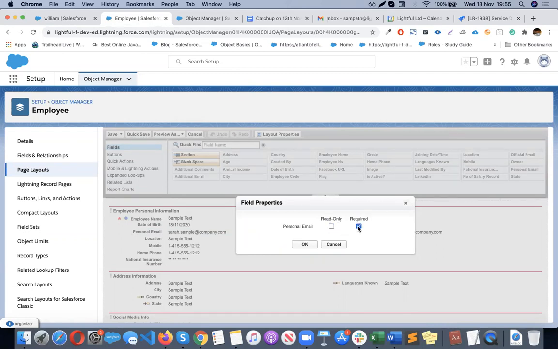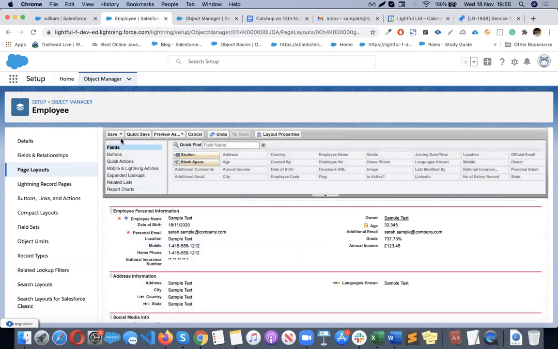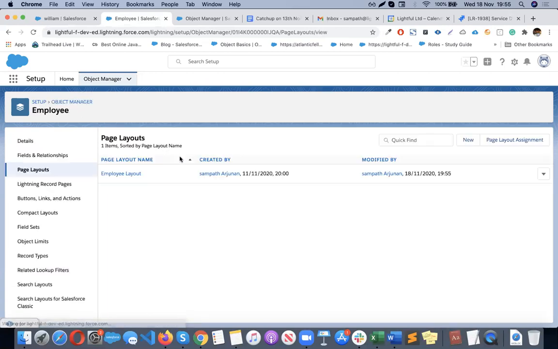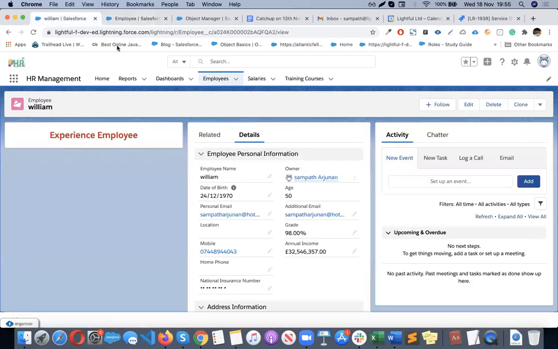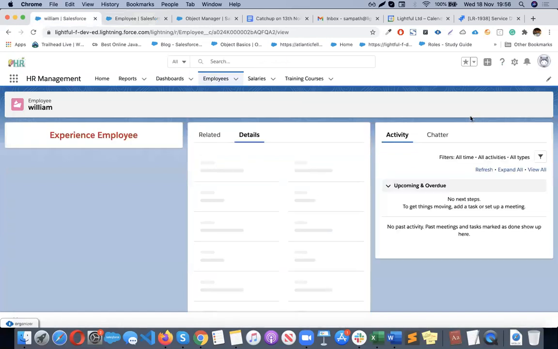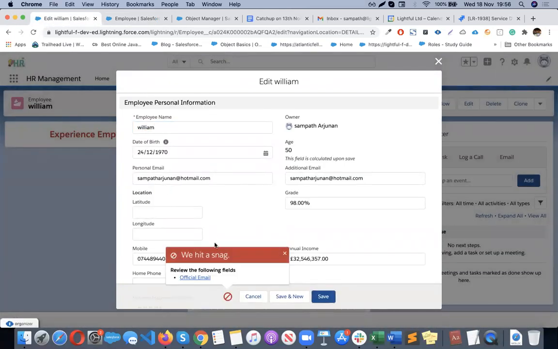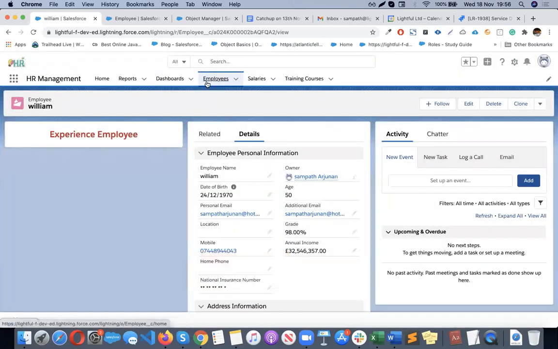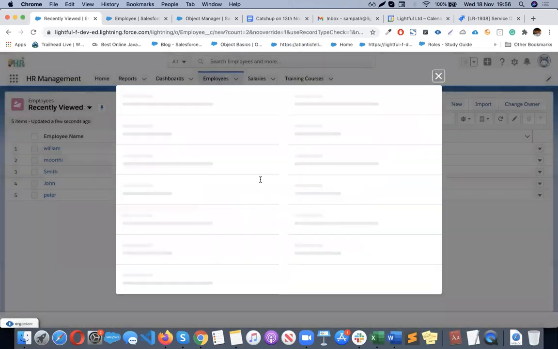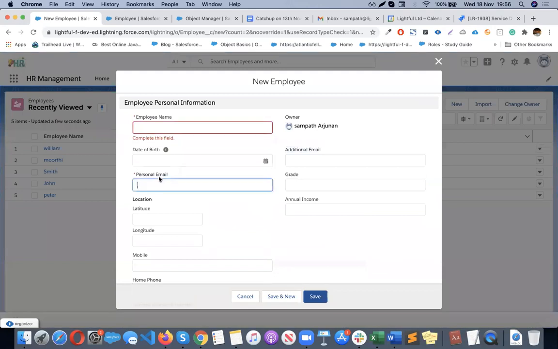You cannot select both, only one at a time. Now if I refresh it, it takes a bit more time. See here, the personal email is mandatory now. Without entering the personal email, you cannot save the record.